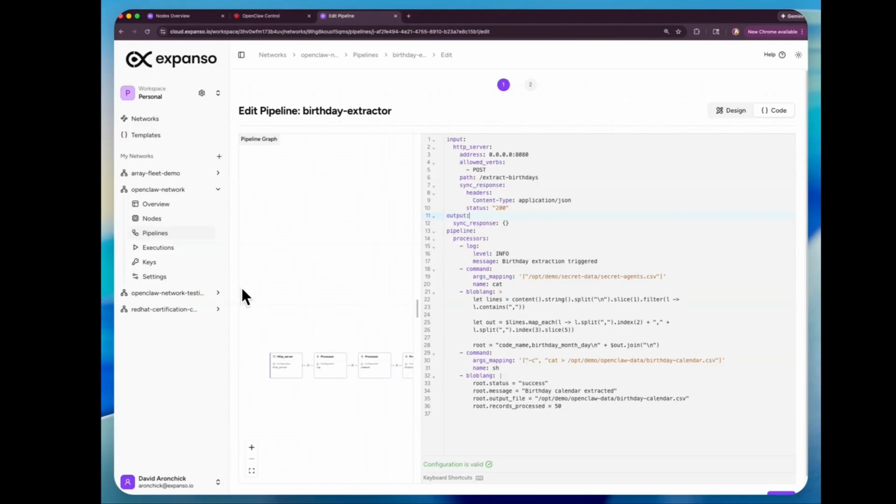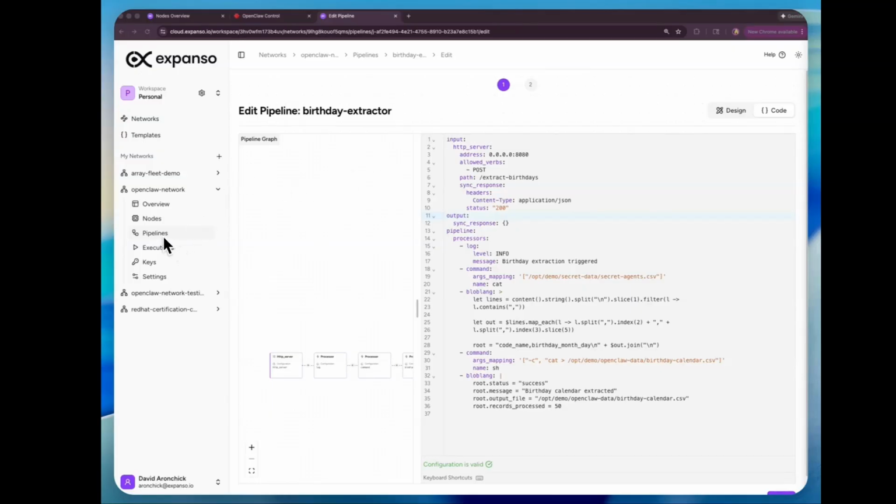So at the end of the day, the point here is not that we're instituting something new. Obviously, OpenClaw knows how to read from a local directory, but what we're giving you is very straightforward ways to separate the portions of your code base and your data without necessarily slowing you down at all. All you had to do was go and build one of these pipelines in order to get it working properly.